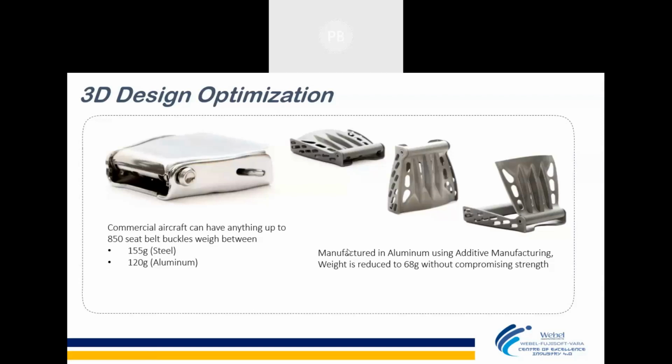Anybody? Yes, sir. Yeah, with the fuel efficiency increasing, or with the productivity of the aeroplane increasing. So now Boeing will be developing this kind of seat buckles in coming days. You can see it in the flights where they will be using these seat buckles and putting them into the planes for a very high weight reduction. So 52 gram for each seat buckle is now reduced. This is one of the biggest advantages of 3D printing, the design optimization. With design optimization, we can achieve big things with much lighter weights.